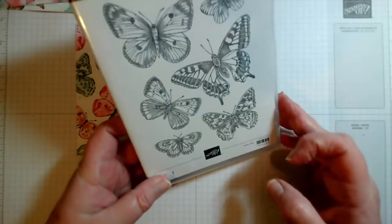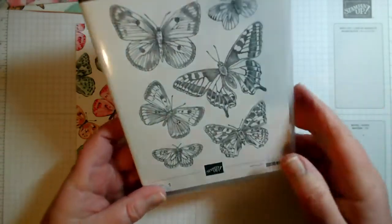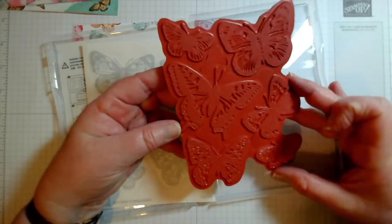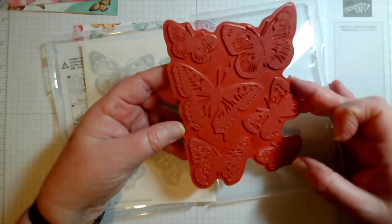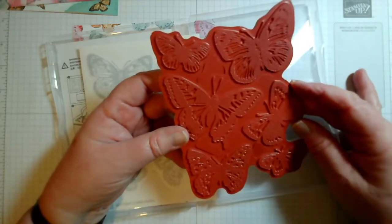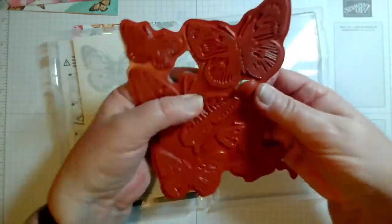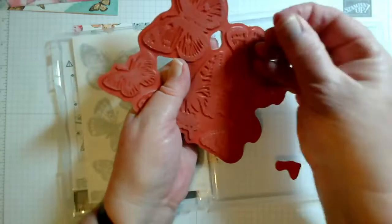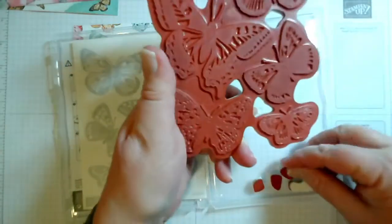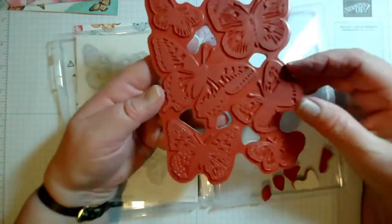And these stamps are red rubber, and they have a lot of inbuilt shading in them. But what's really clever about this is that this is one single stamp. So if you wanted butterflies in the background in just like a pale grey or something, just one single stamp to stamp them all out. Now you also have these little pieces here that obviously come out from the gaps between the butterflies, and you want to keep those. You won't want to throw those away because there's another use for those. If you're a demonstrator, you probably will have already seen this, but we're going to keep those for something else. But basically it's a single stamp,